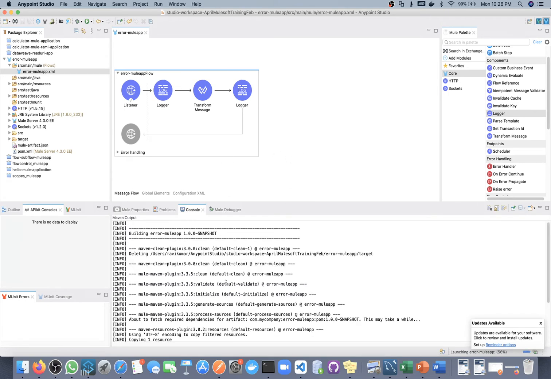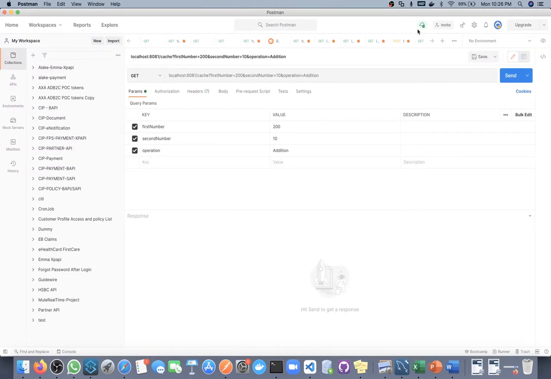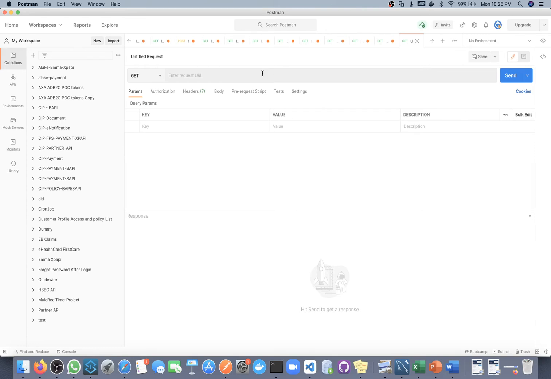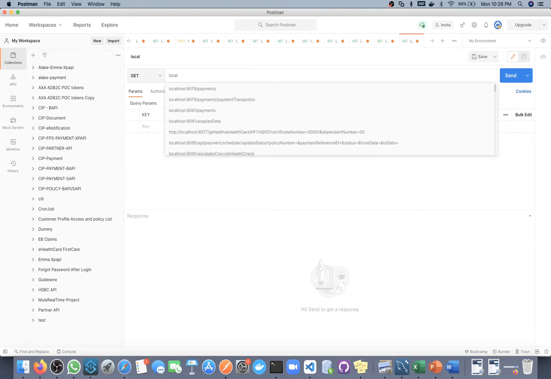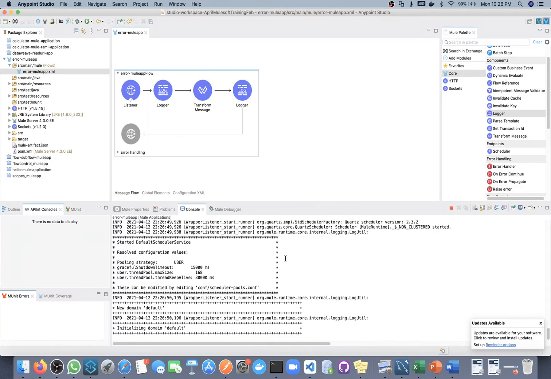The debug process has started. Meanwhile, I will create one Postman request, and the URL will be localhost 8081 and this test error. Okay, let it deploy first.